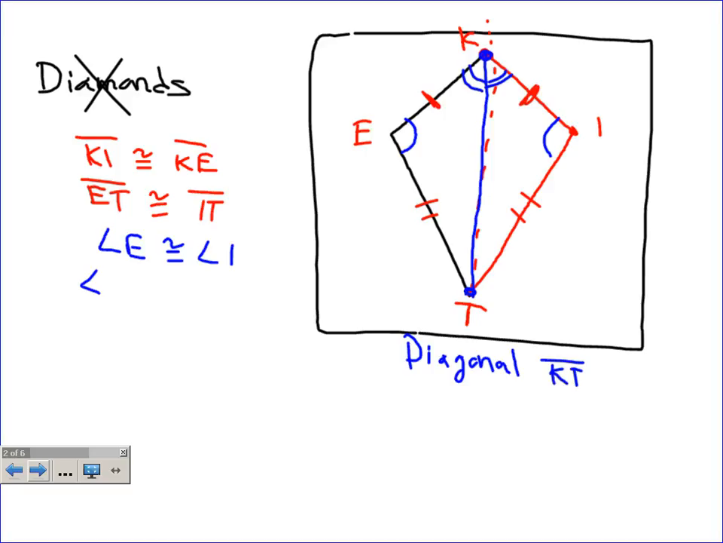Can we just say angle K is congruent to angle K? Does that work? No, we don't know what angle K is. So how do we do that? How do you know how to do that? I think you have to use 3 letters. What do you think? Angle IKE is angle